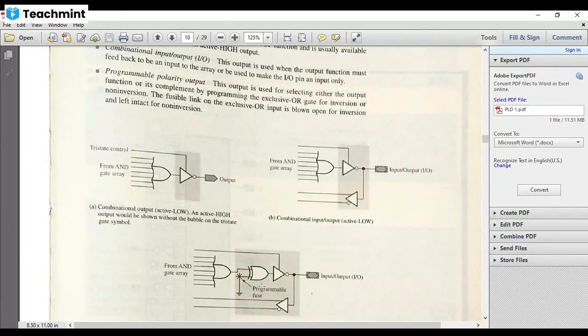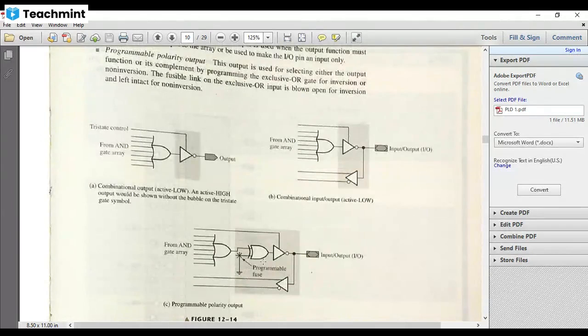That is, if one wants to change the polarity of the fixed OR array output, we can change it with the help of this XOR gate. Now see, if this fusible link is grounded, then it is permanently zero. So if it is 0 and 0, both inputs, we get output 0. But if it is 0 and 1, we still get 1. So if this fusible link is blown and connected to the ground, what is the output of the fixed OR array? As it is, we get it as the input for the tri-state buffer there.